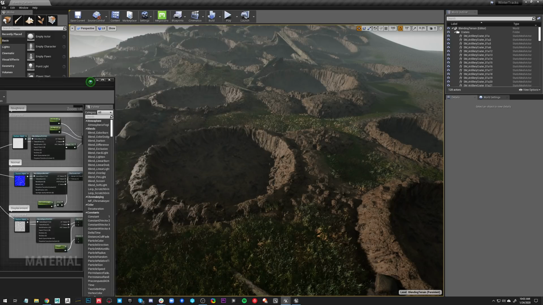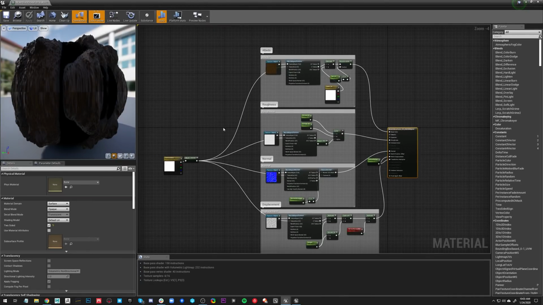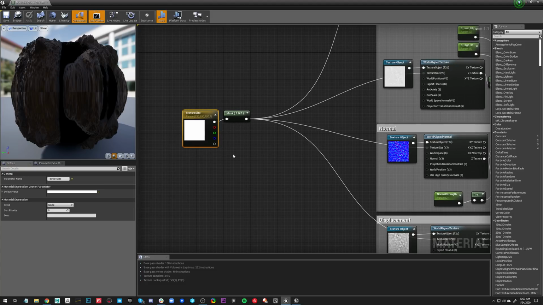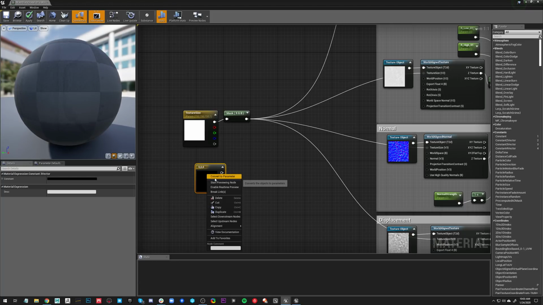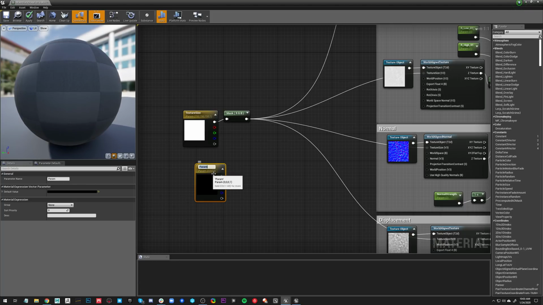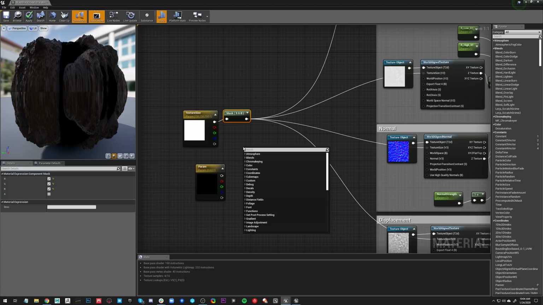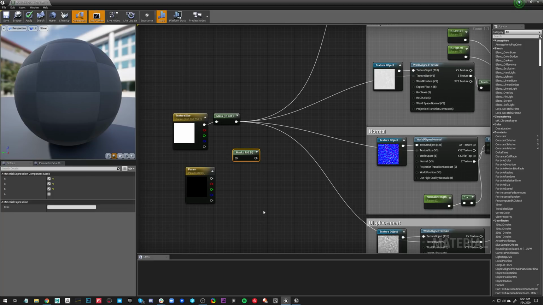So let's go ahead and take a look at the material that I have going on here. This is the crater material. What I'm doing here is taking a Vector 4 parameter. Basically, if you create a Vector 3 and then convert that to a parameter, it'll automatically change that to a Vector 4. So in order to get that back to a Vector 3, I'm just creating a component mask here. You can find it by searching component mask and making sure all 3 channels are checked.